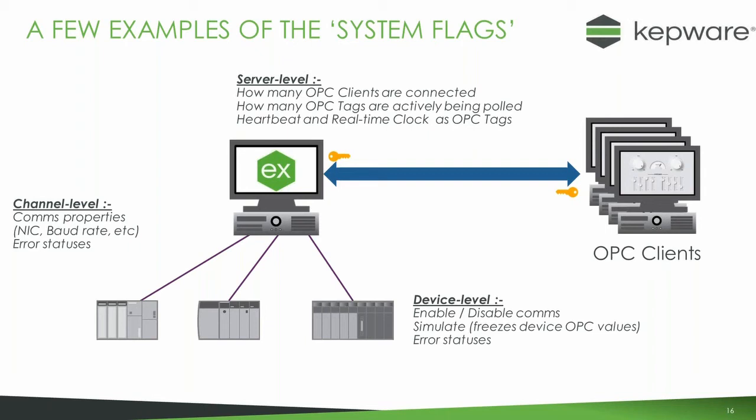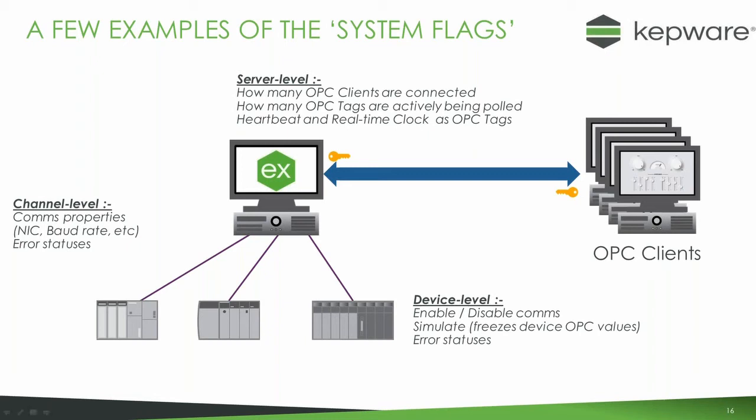And you can also have one called simulate. This is very useful if you're doing maintenance on a PLC and you want to basically freeze the values for a short time, and you don't want to turn it off, because turning it off will perhaps create a cascade of errors to your OPC client if the values suddenly disappear. You can just freeze the values and simulate. Again, this is a tag you can write to. This would then allow the clients to see values which are not changing whilst you maybe restart that PLC or maybe do an update on it or something of that nature. And then you can unclick the simulate button and the values will just update again. So that's a very good way of putting a PLC into a short-term sleep mode, if you think of it that way.